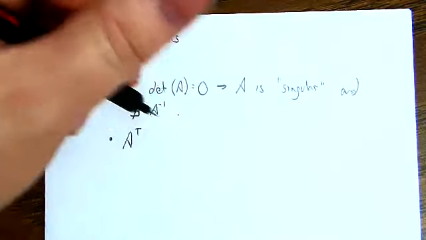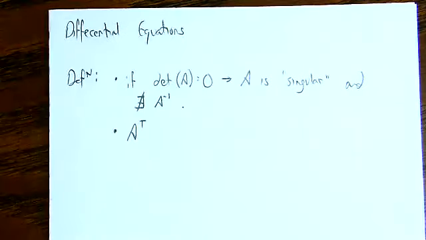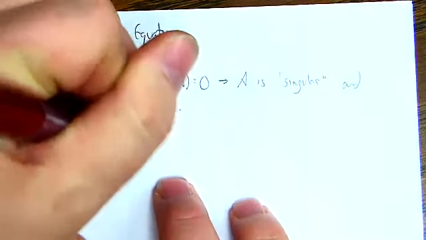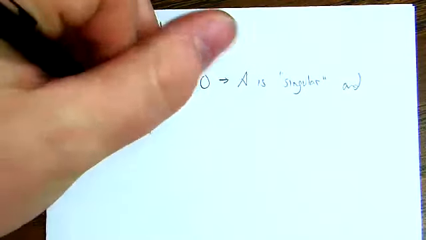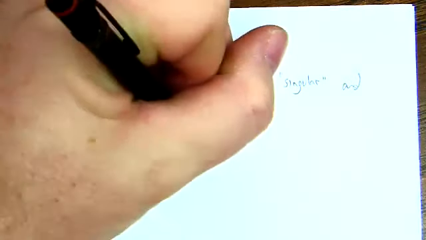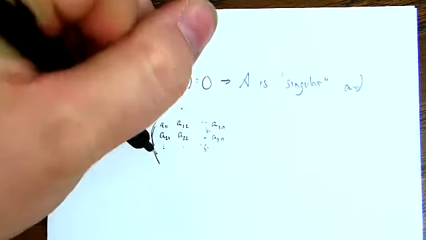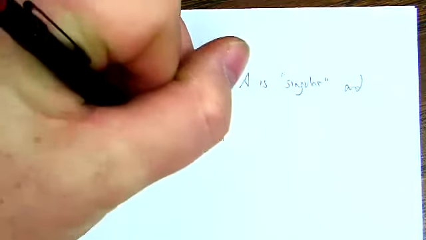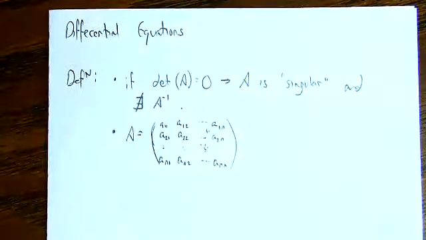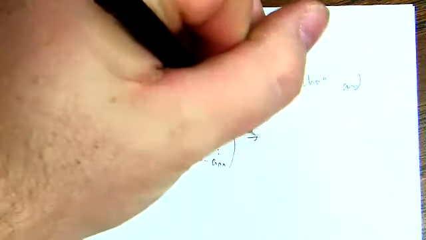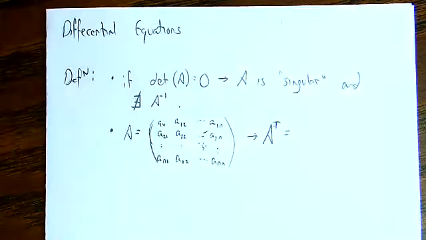Given that A is defined as A11, A12, all the way out to A1n, A21, A22, all the way out to A2n, all the way down to An1, An2, all the way out to Ann, then we define A transpose, A super T, as being